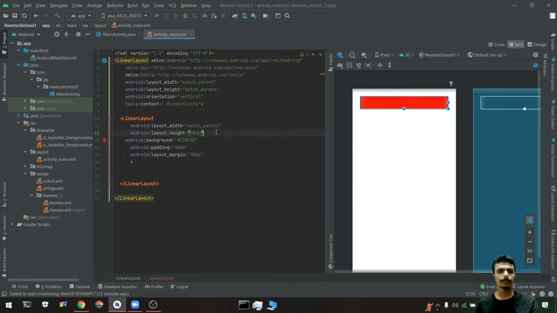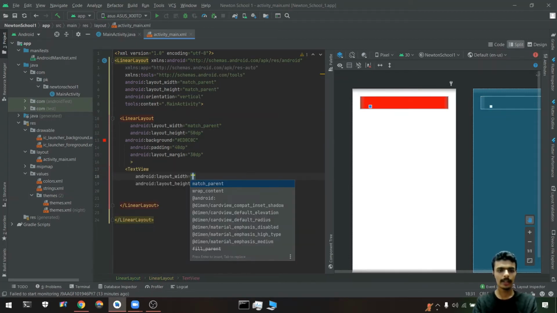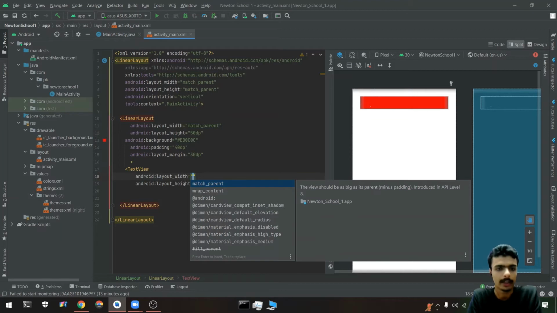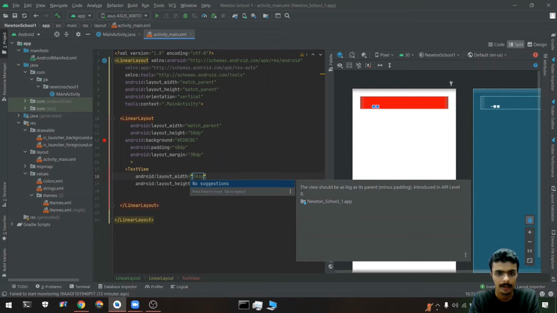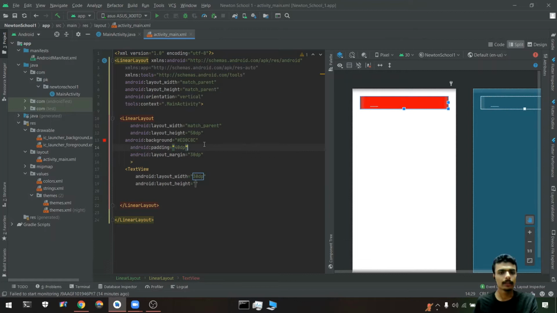And I want to add two text views in front of that. I will write 30 dp, and the padding is also 40 dp. Now it's fine.